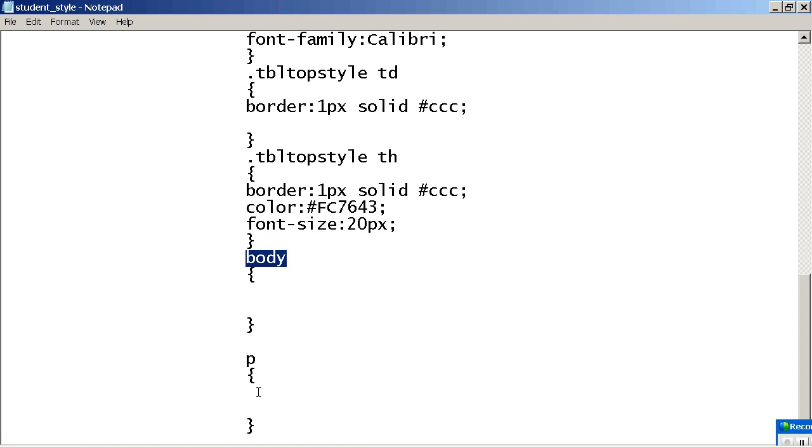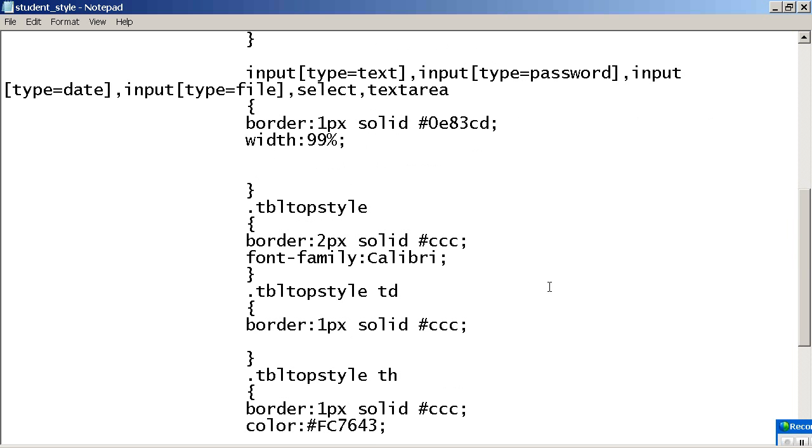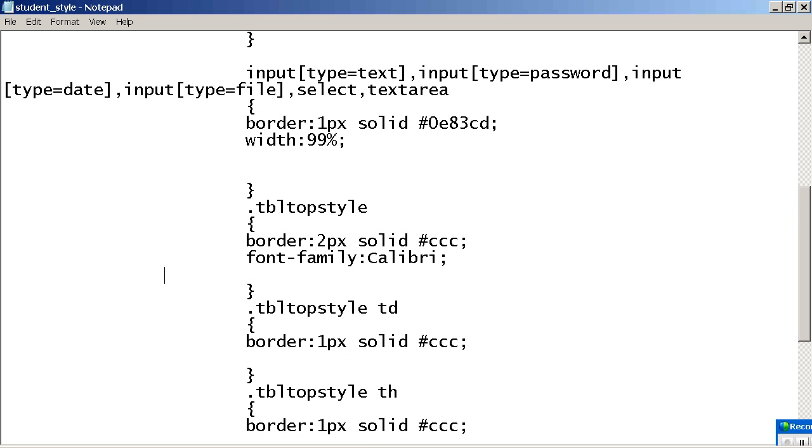Are you understanding? For padding also we have. What is the option? Padding, not cell padding. You have padding for four sides: padding left, padding right, padding top, padding bottom. If you want to apply for all of these, you can go like this.